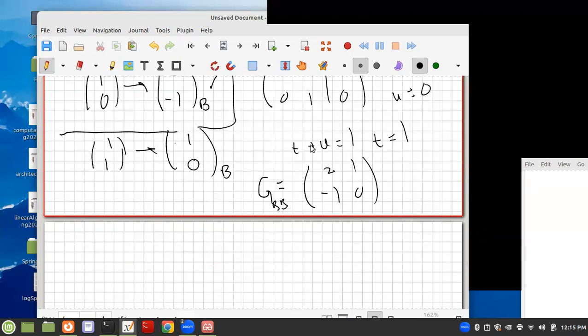Because you have to go slowly. The calculations you're doing are not complicated, but they're conceptually tricky, because you can lose track of what basis you're in, what's going on. Okay, so